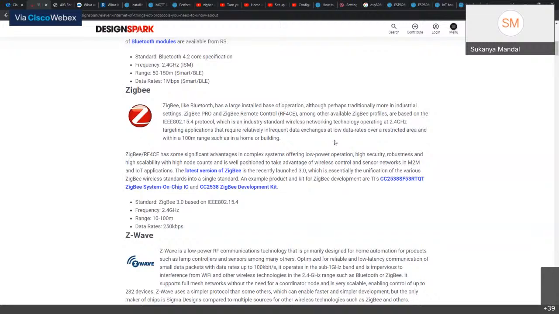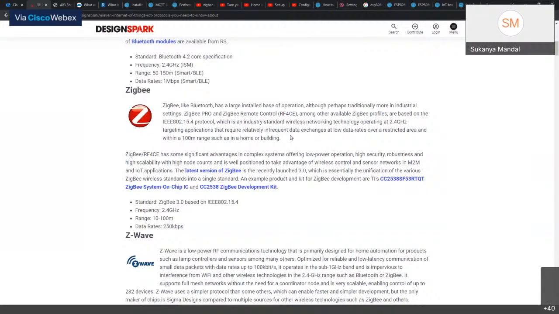Zigbee Pro and Zigbee Remote Control, among other available Zigbee profiles, are based on the IEEE 802.15.4 protocol, which is an industry standard wireless network technology operating at 2.4 gigahertz. So our internet mostly operates at 2.4 gigahertz, and nowadays we get dual band with 5 gigahertz as well.